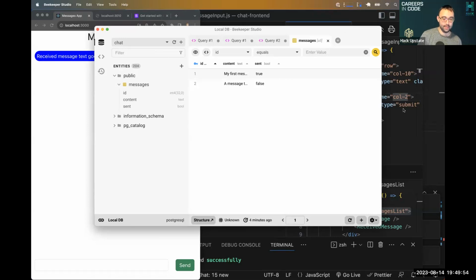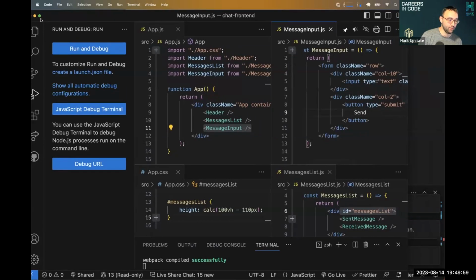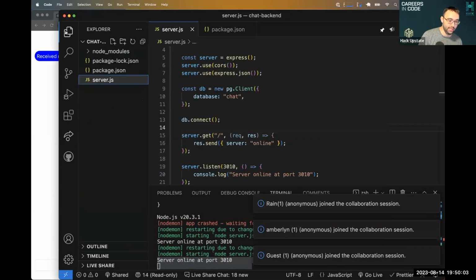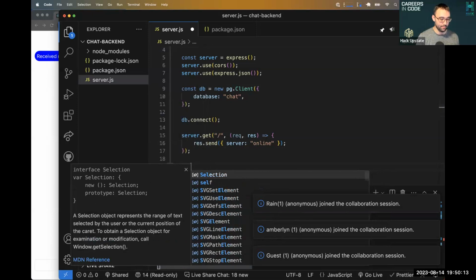Okay, red light. So I need to put my back end or my front end aside. So I'm going to minimize my front end. I'm doing this all in my back end code. I need to set up a new endpoint for my front end to be able to access the database. So I'm going to say